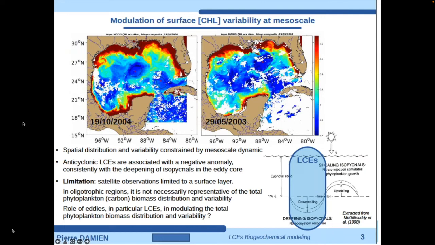So I will go very quickly through this, but the idea is, okay, we now look at the relation between the mixed layer depth, the relation with the nutricline, and whether there are regions where there is new biomass production, or there is no real new input of nutrients into the euphotic zone. And the question is, how is this connected to the presence of eddies? So if you go to the next one, please.